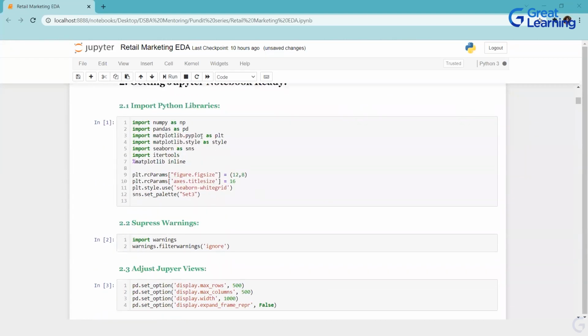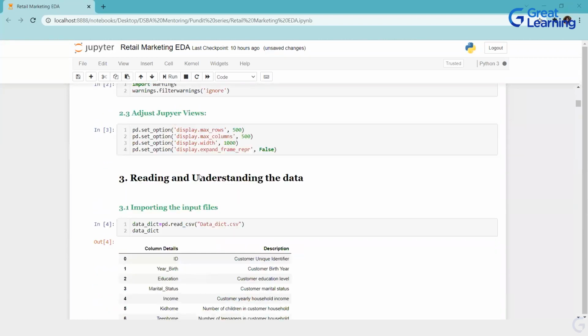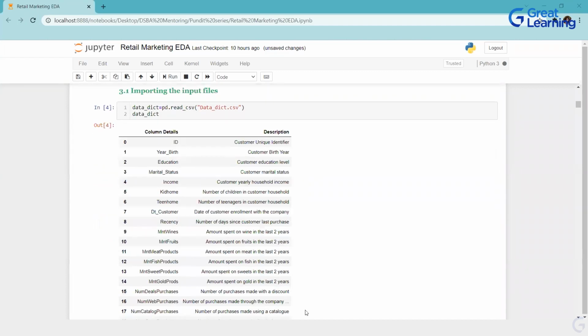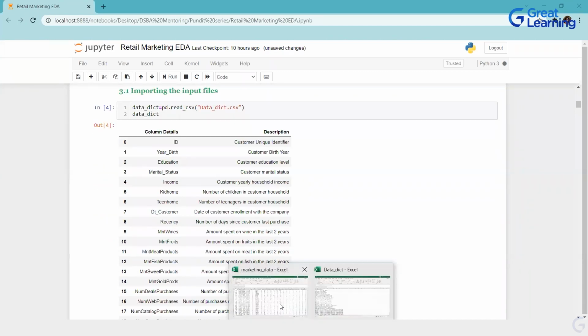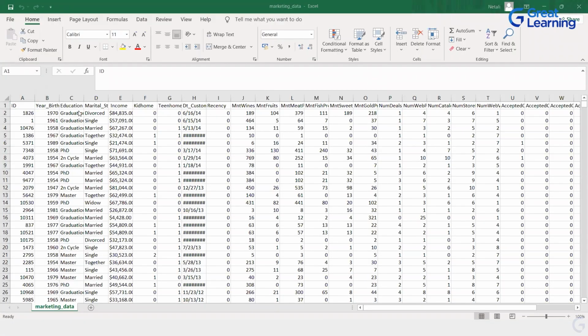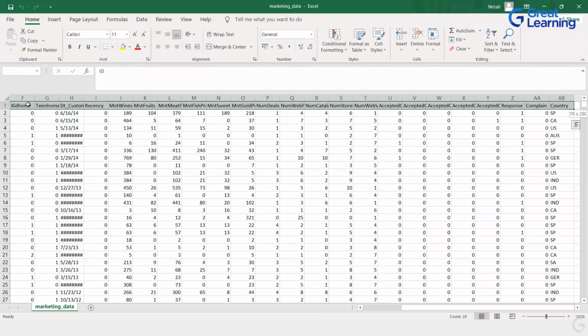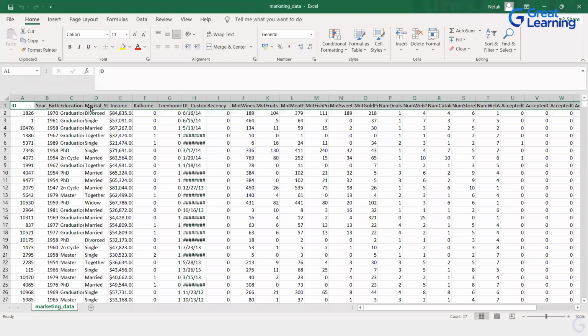Great. So as usual, we are importing some of the libraries. This is the first part, where we imported libraries. Then we did some of the rudimentary hands-on part to check describe and all that. This is the dictionary. Let me show you the data set and what it contains. This is how the data set looks. It has 28 columns, and you have ID, year, birth, education, different categorical columns, date columns, and numerical columns, that is the continuous columns.